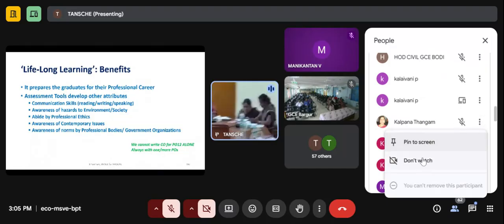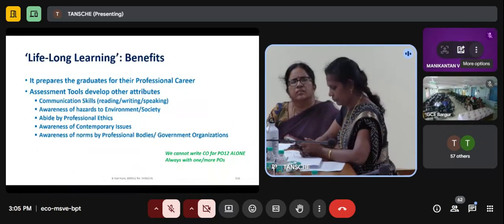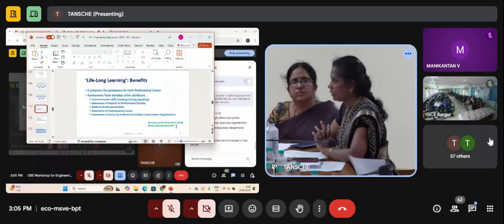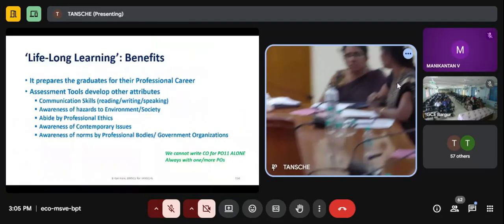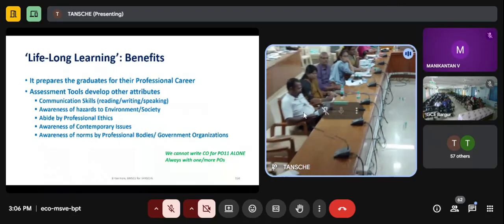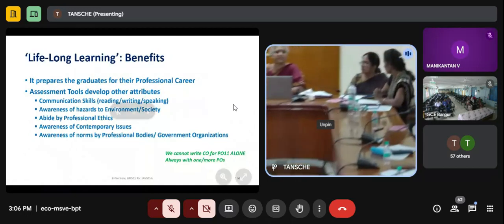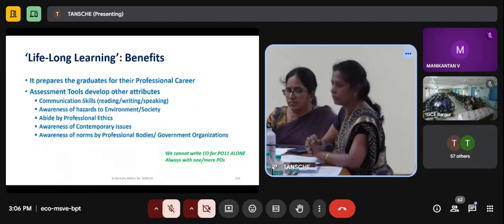we cannot write. We wrote initially a course outcome for PO1. We wrote a course outcome for PO2. We cannot write for PO11 alone. When we write for PO11, along with PO11, maybe PO8 will come, maybe PO7, maybe PO6. It will come along with one or more POs. It will not be alone. It's always with one or more other POs, depending on what activity we are trying